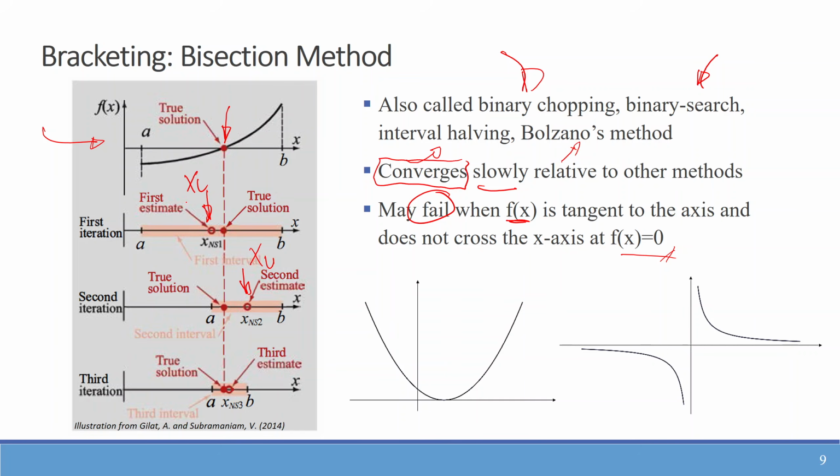What do we do with the lower and the upper is, again, first, we test if there is a change in sign. If there is a change in sign, then it means that in between our lower and upper guesses, there exists a root of the curve or the root of the equation. After the testing, we are going to get a new value of x. So what we do is we just divide these two. That's why it's called interval halving or binary chopping for a new estimation.